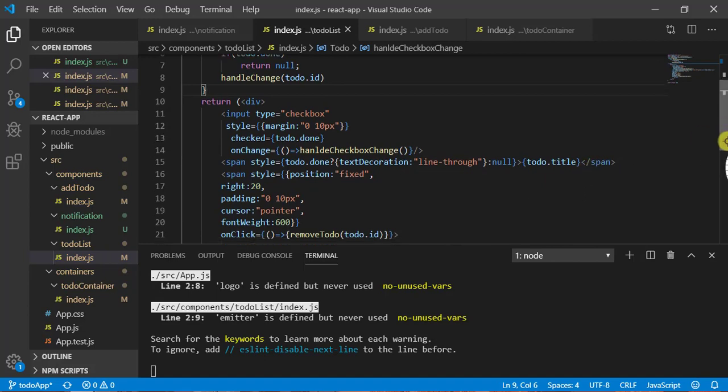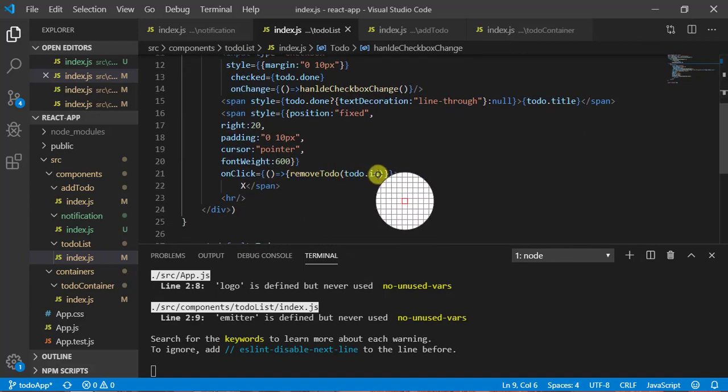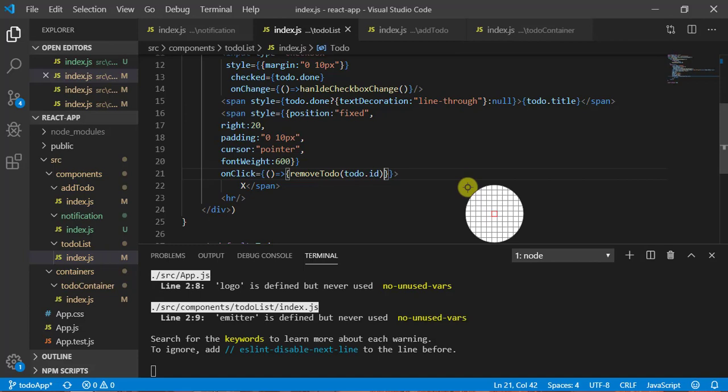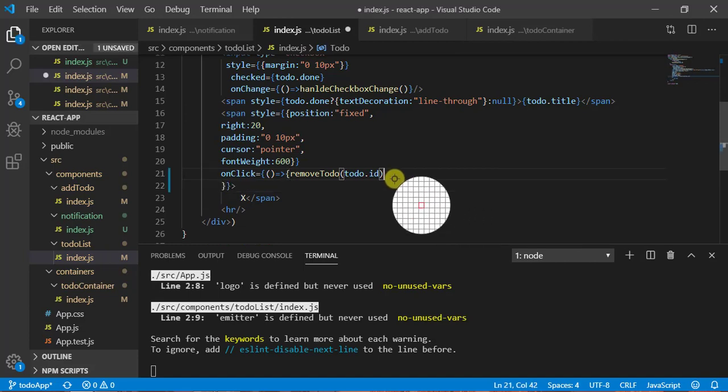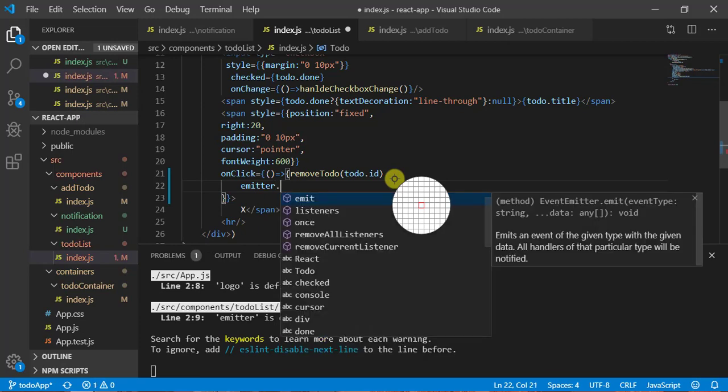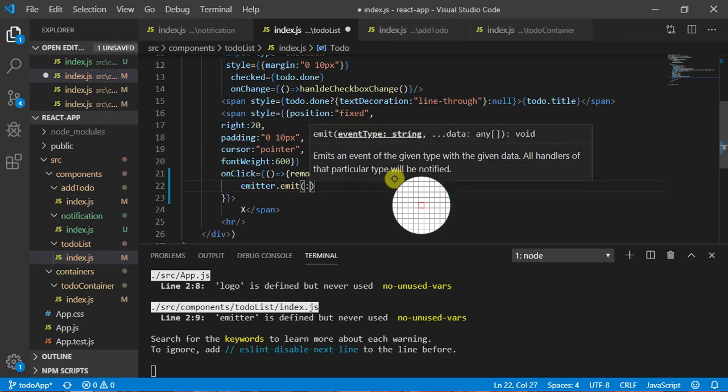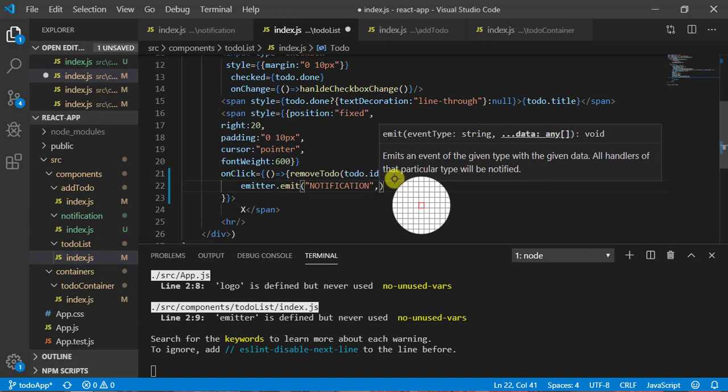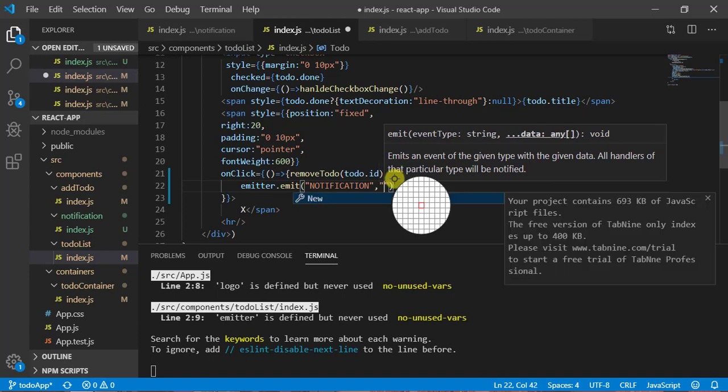So where is on delete? We have here remove to do that we are calling. So after this line we can call it here itself. So let's write emitter dot event, and the event name is going to be notification only, and here we can pass our message.